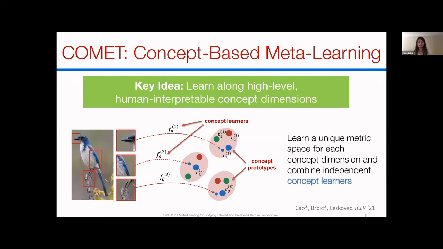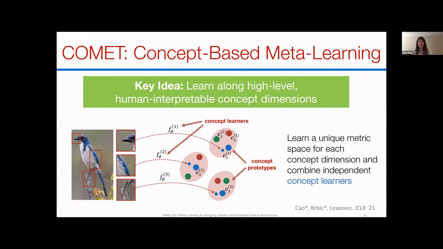And finally, each class will be represented, instead of with one single prototype as in the prototypical network, with a set of concept prototypes. So our image in this example will be embedded into three concept spaces, each denoted by a circle, and we want to embed it in a way that data points cluster around the correct concept prototype in each concept space. In summary, the main idea here is to learn a unique metric space for each concept dimension,